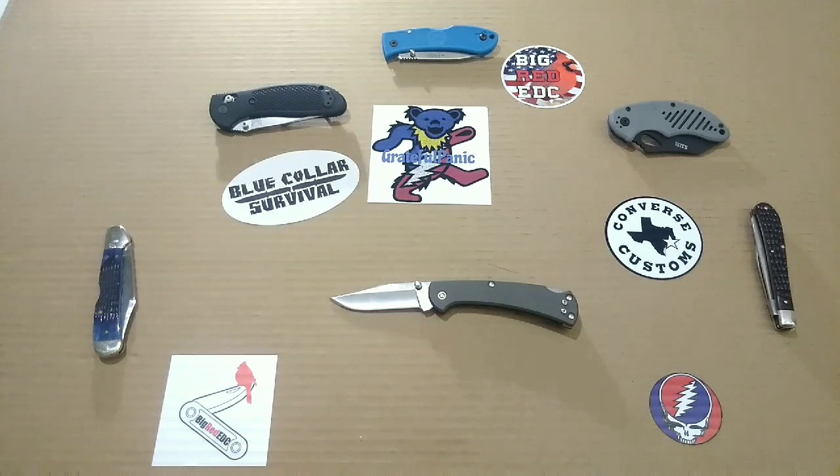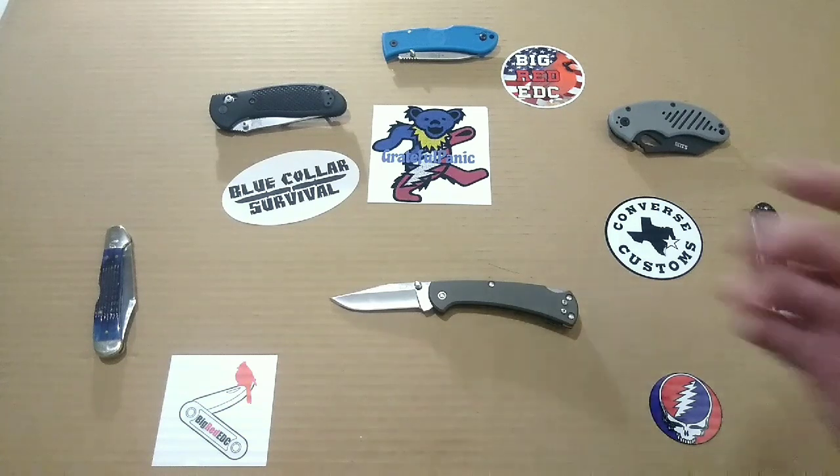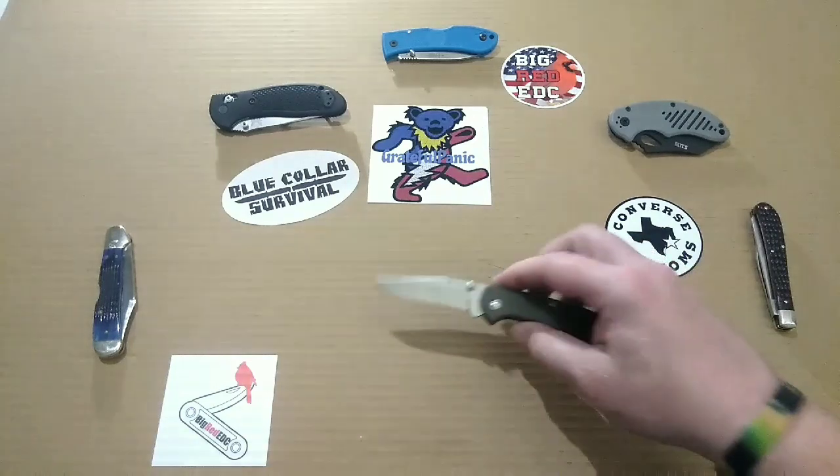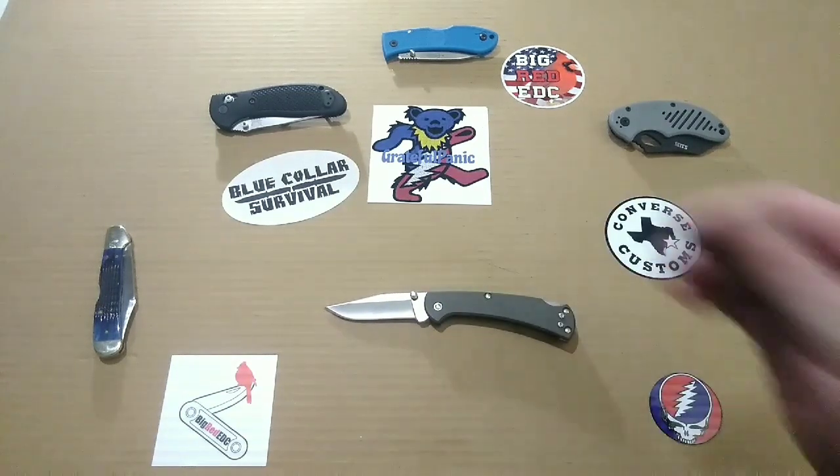It's really slipping my mind. I cannot remember Mr. Bos's first name, but this guy came up with a formula for this phenomenal heat treat on blade steel. And I mean, basically, this is an S30V, but even the standard Buck knives